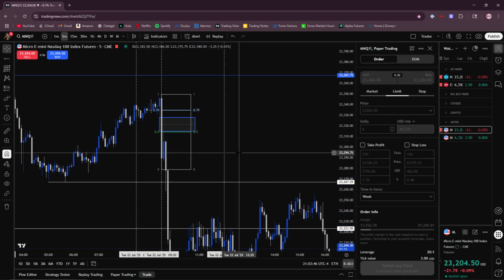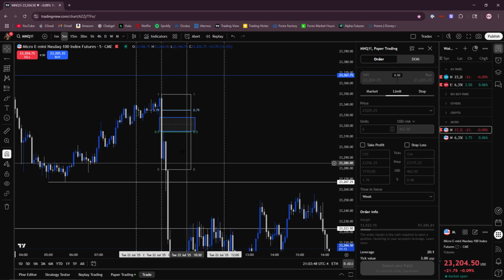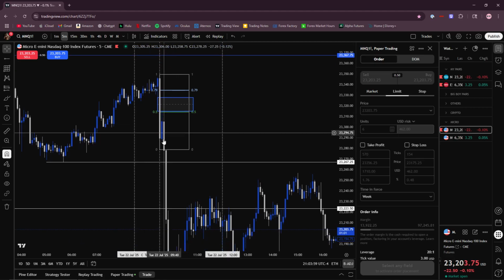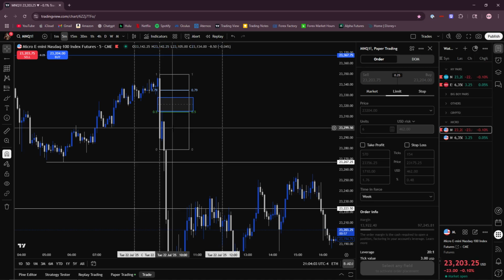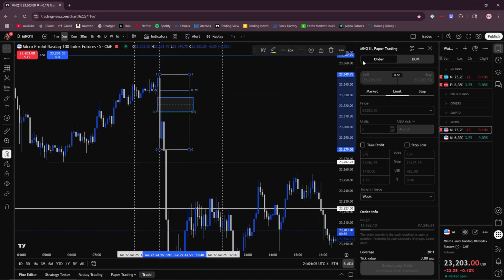So, yeah, if I were to take this trade, I would rank it as like a B setup, and I'd probably de-risk and only risk about half my risk on the day on it. And then if I do end up getting stopped out, then I would have entered up here with the A plus setup, which would have been a lot better. But yeah, just no trades taken today.